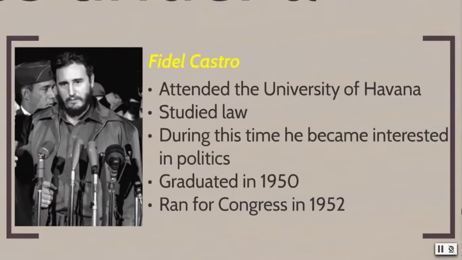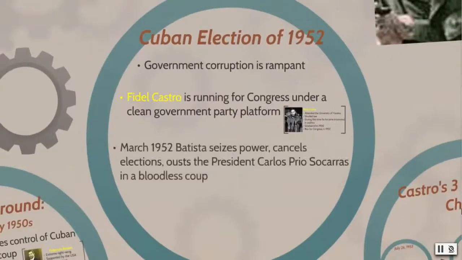Castro was an interesting fellow. He graduated from the University of Havana in 1950 with a degree in law, and it was during his time in university that he became interested in politics. In 1952, Castro was also running for Congress. However, in March of 1952, before the election could occur, Batista seized power, ousted the president, Carlos Prío Socarrás, in a bloodless coup, and basically took over. So, due to Batista's coup, there was no Cuban election in 1952, and this prompted Castro to begin planning a